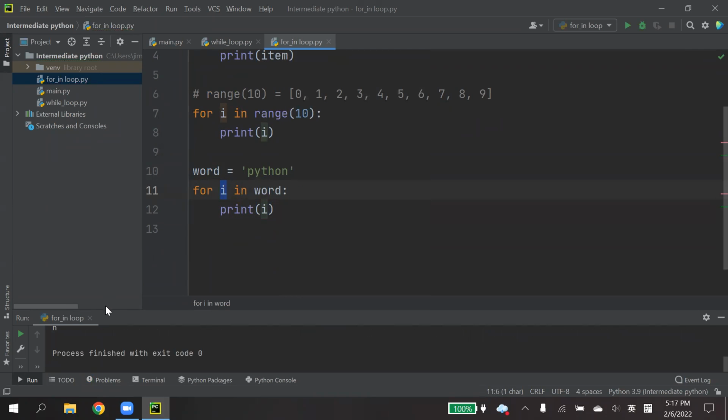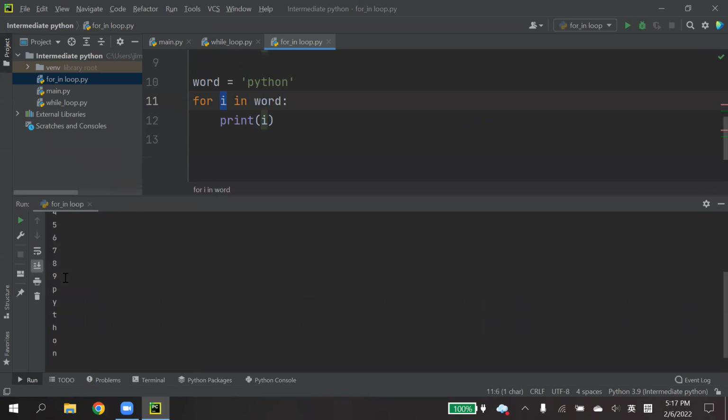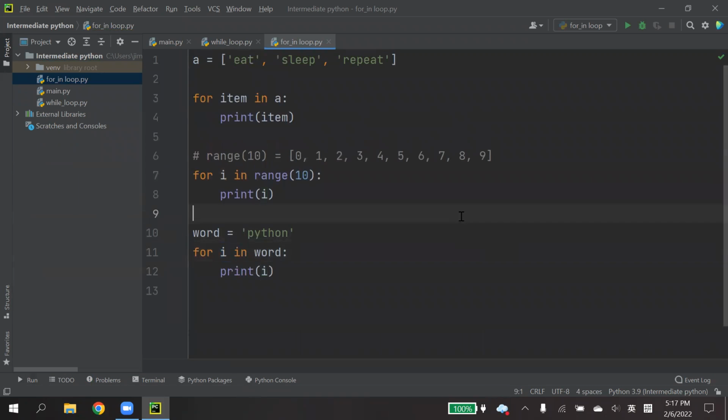I can split out the characters one by one: Python. So this is when you use a for in loop to step through a string. You will get each character. So this is also a type of repetition, a type of looping. I think this too is quite important.